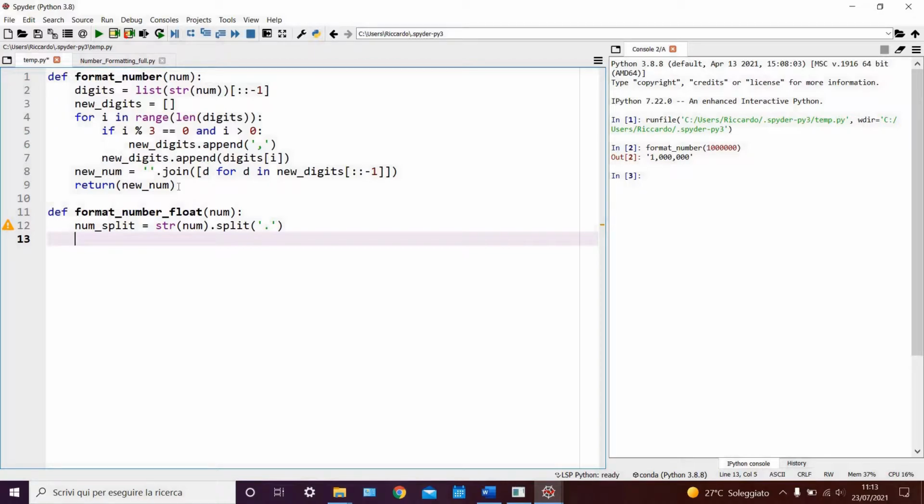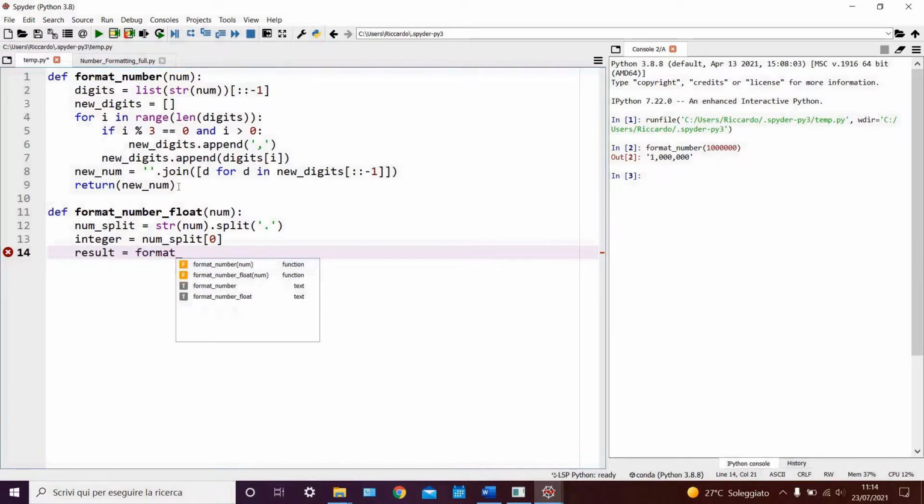Now that we have our number split into two parts, let's isolate the integer section by saying integer equals num split 0, in other words, the first part of our split number. Now we want to format the integer part of our number, which we can do by saying result equals, and then all we do is call the function which we wrote earlier to format our integer numbers. So we can say format number